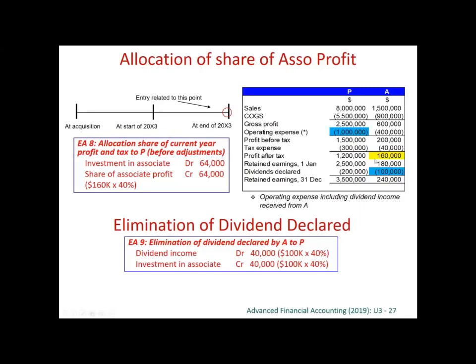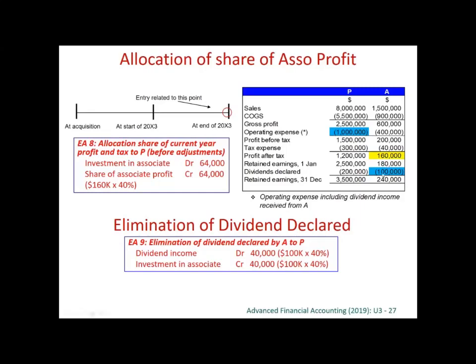So now we have shared the retained earnings and we have shared the profit already. Because we have already shared the profit, we notice that this associate actually pays out dividends. Any dividend from the associate should not be regarded as a second source of income. Otherwise, you count the income 2 times. Dividend only comes from profit. Therefore, because we have already shared the profit, any dividends that we have received from this associate should be debited away.